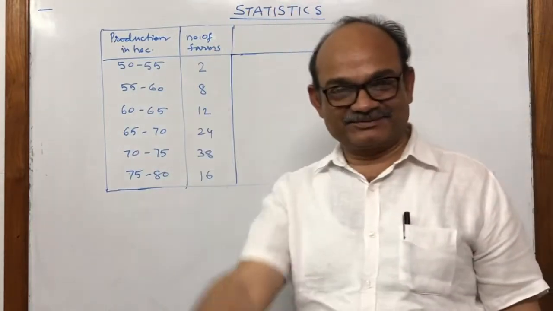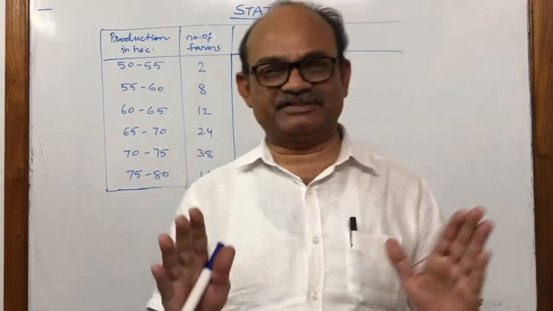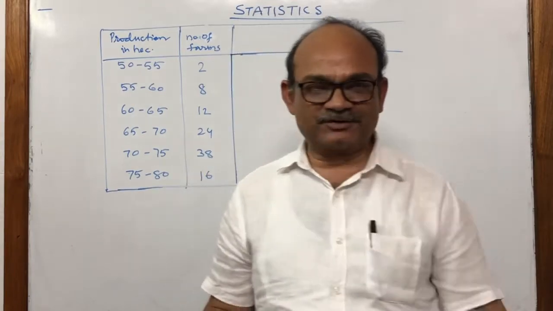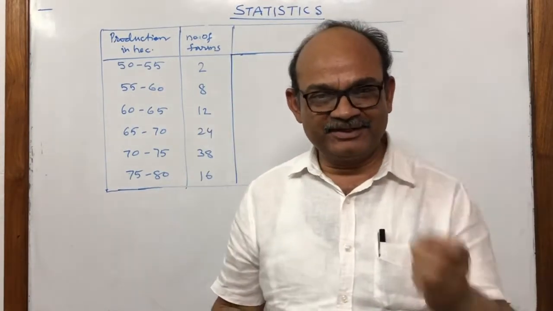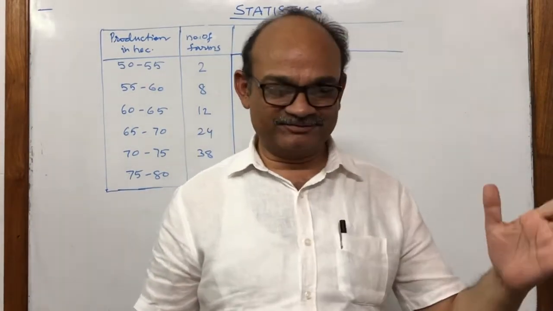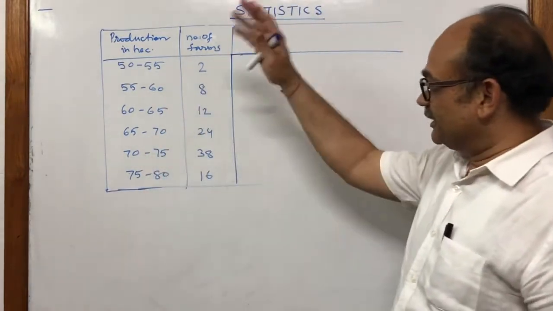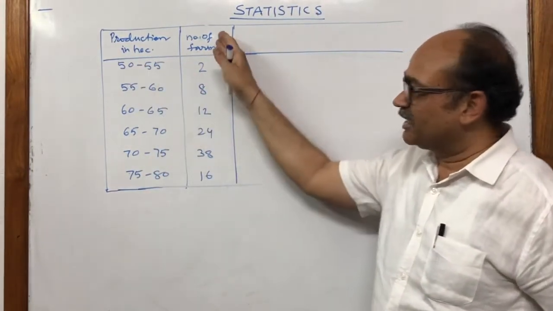हेलो स्टूडेंट्स, तो आज हम लाए हैं स्टैटिस्टिक्स फास्ट रिवीजन। इट मीन्स एक ऐसा बोर्ड का क्वेश्चन जिसमें हम सारी चीजें कर लेंगे, मीन, मीडियन, मोड एंड ओगाइव। सो फर्स्ट वी स्टार्ट क्वेश्चन, प्रोडक्शन इन हेक्टेयर्स एंड नंबर ऑफ फॉर्म्स,